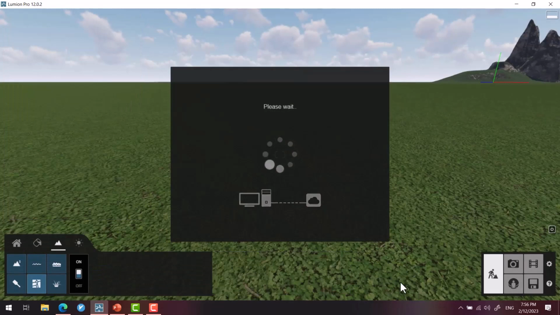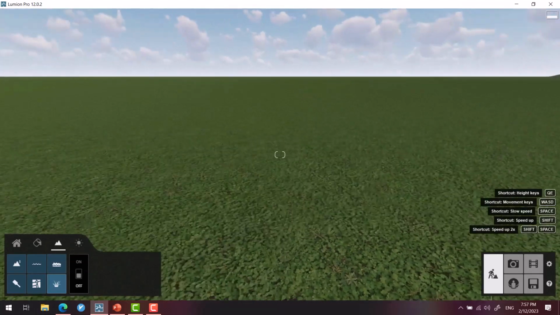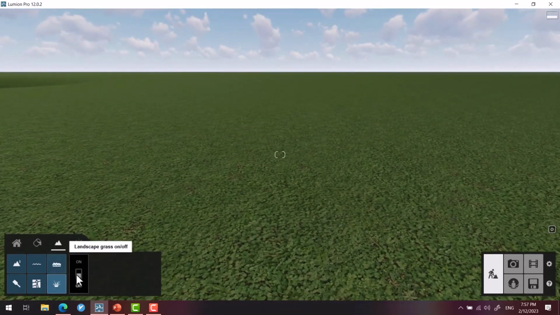And we have to wait a few seconds to connect to the server and determine a part on the map, and it considers us a series of boxes. I turn it off for now, and the last section is landscape grass, and you could turn it on and